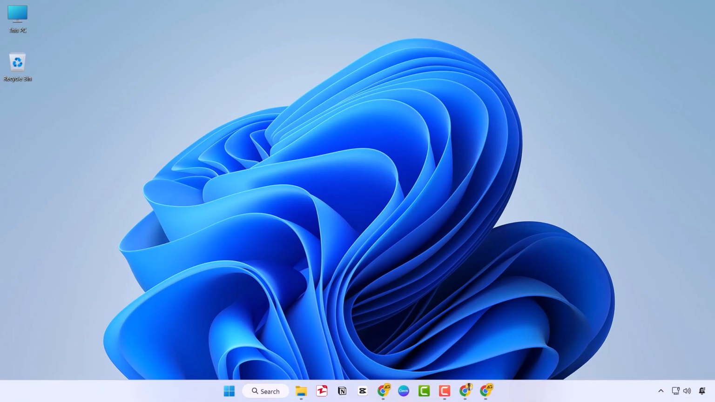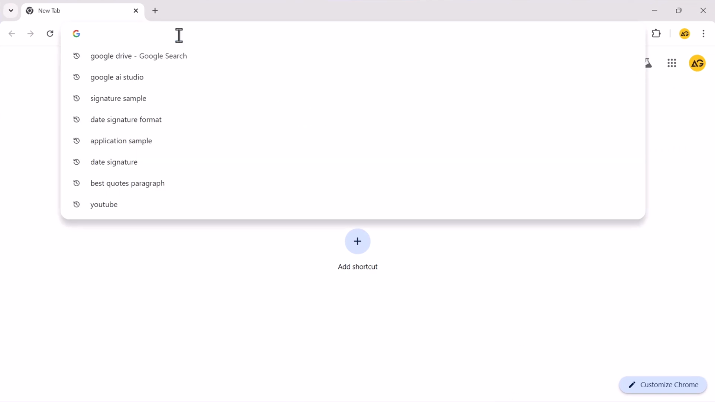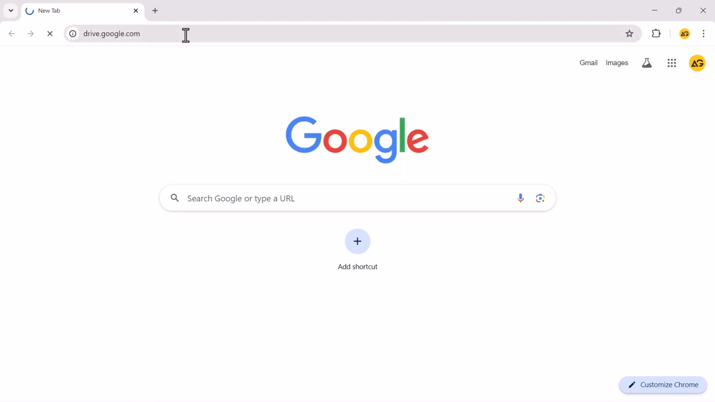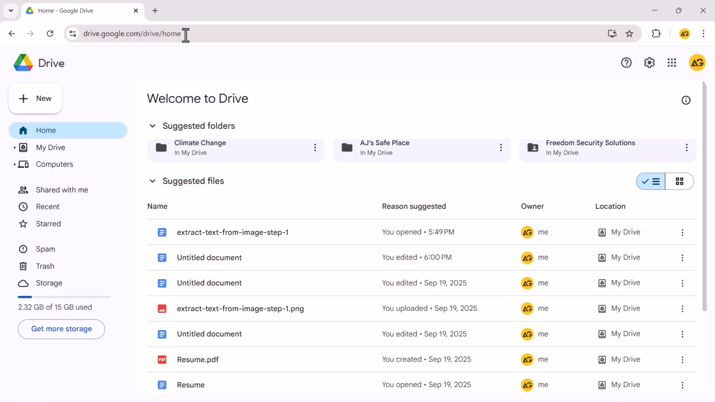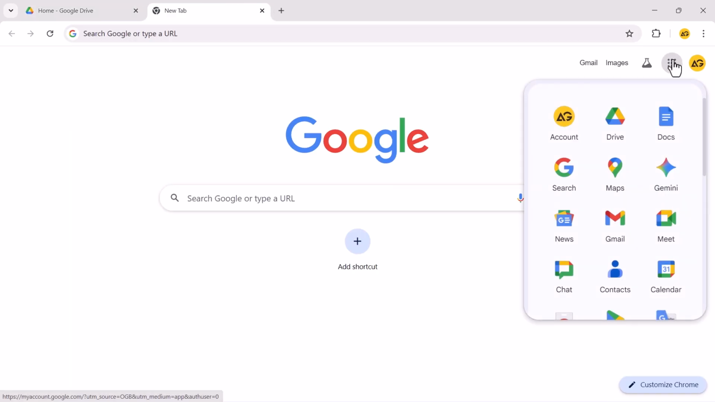First, let's head over to Google Drive. If you're on a laptop, desktop, or Chromebook, go ahead and open the Google Chrome browser. Once it's open, just type in Google Drive, or you can access it in two ways. The first is by entering the URL directly. The second is by clicking on the Google Apps icon in the top right corner and selecting the Drive icon